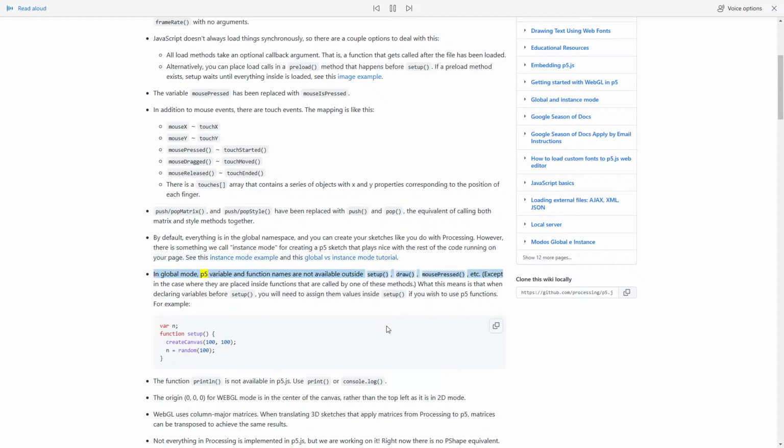In global mode, p5 variable and function names are not available outside setup, draw, mousePressed, etc., except in the case where they are placed inside functions that are called by one of these methods. What this means is that when declaring variables before setup, you will need to assign them values inside setup, if you wish to use p5 functions. For example, var n; function setup() { createCanvas(100, 100); n = random(100); }